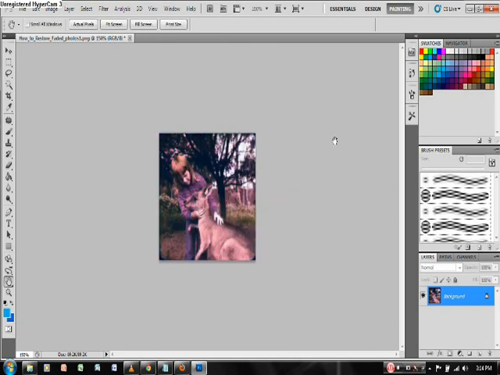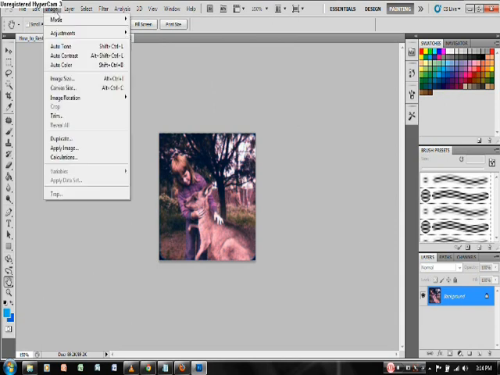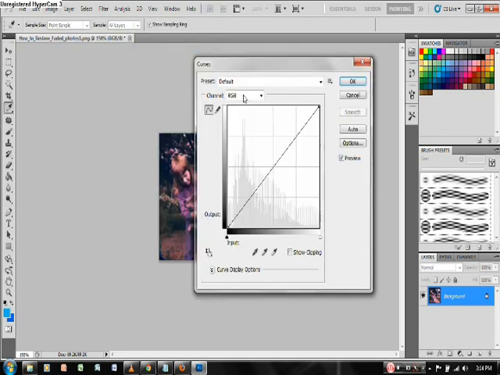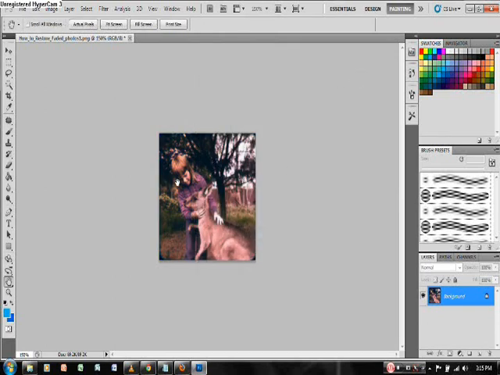Okay, then again image, adjustments, curves, then select the blue channel. Put in the output 45, then the input must be 50. Okay, then set.